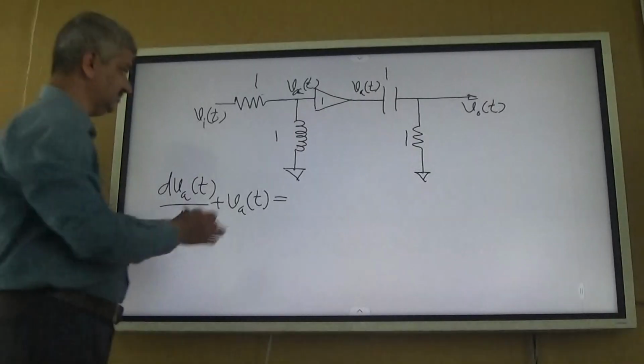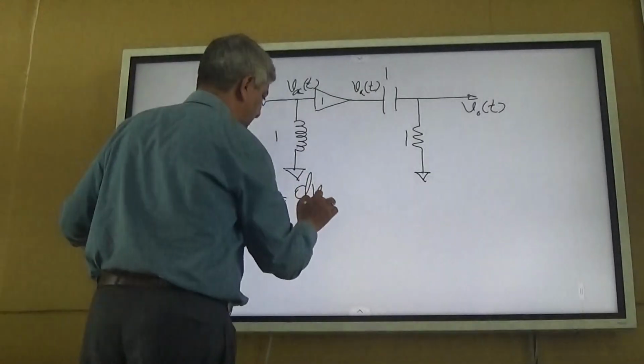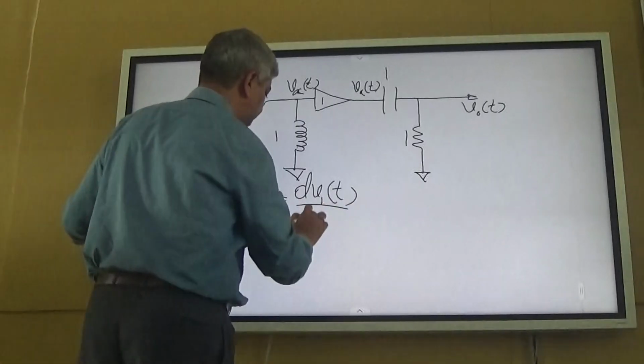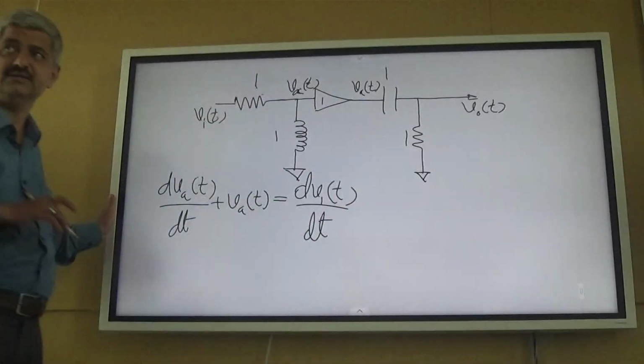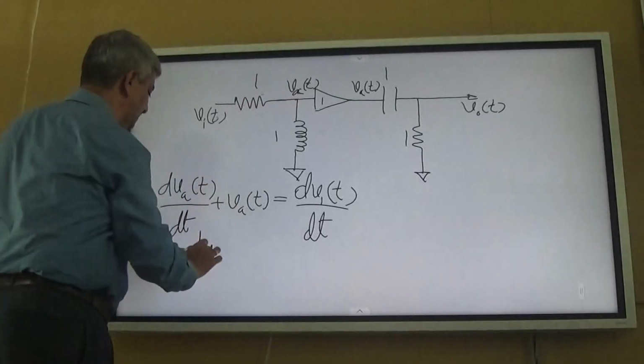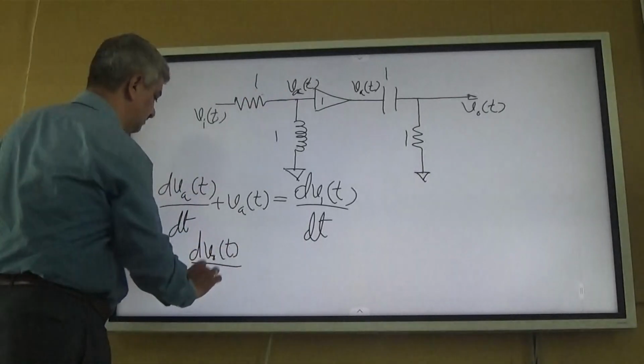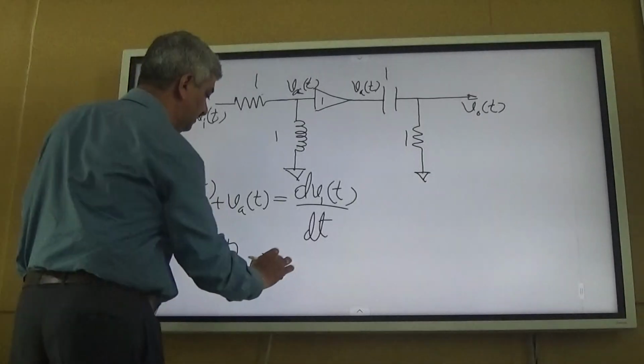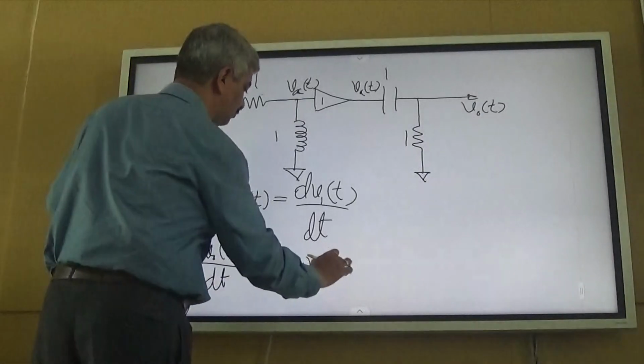You may just cross-refer it later. And next is simple, dVO(t) by dt plus VO(t) is equal to,